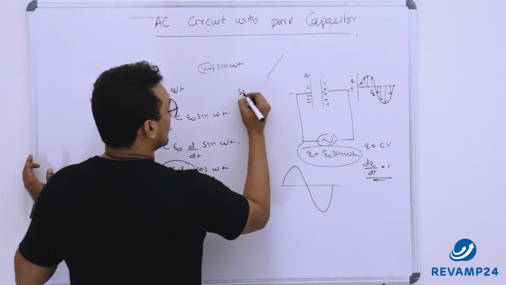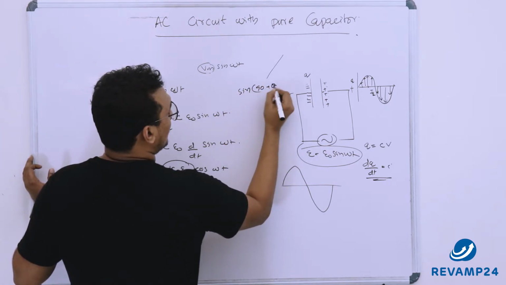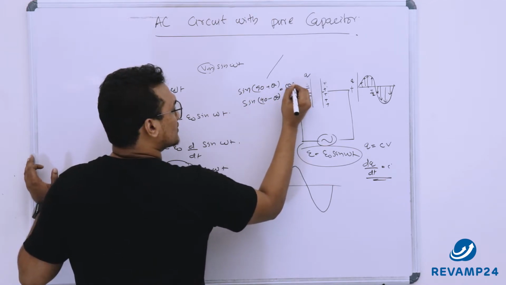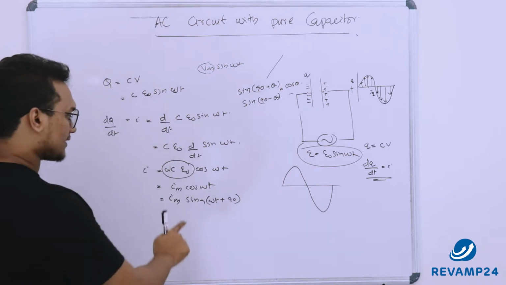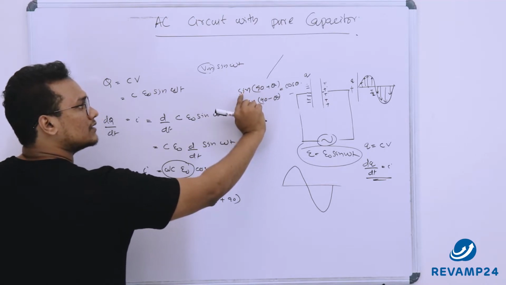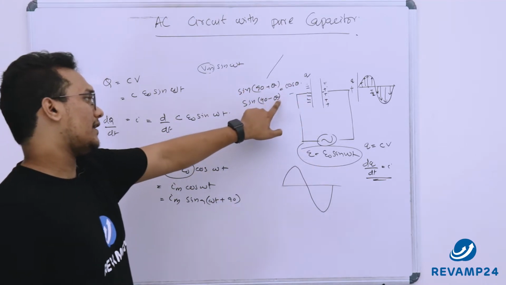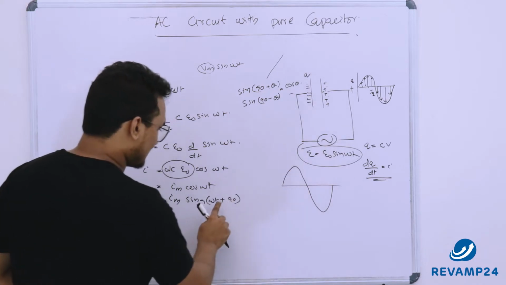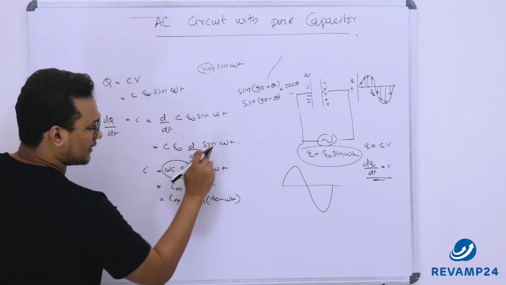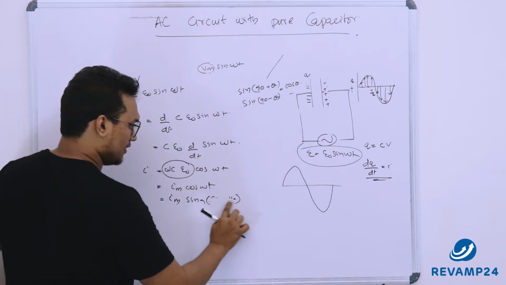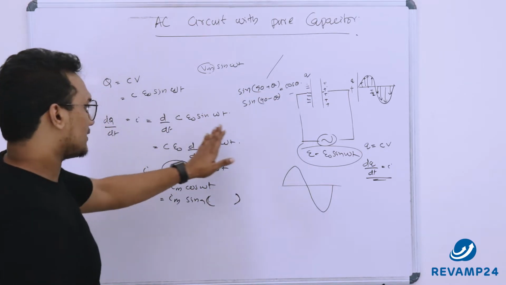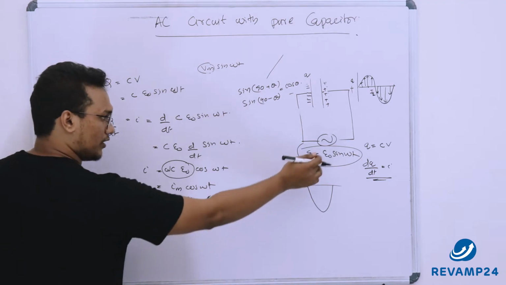See, sine(90 plus theta) and sine(90 minus theta) both are equal to cos theta. Either you can convert cos theta as sine(90 minus theta) or sine(90 plus theta). But if you keep minus theta, what will happen? Inside here this will be 90 minus omega t. So we can't compare. Here it is plus omega t, here it is minus omega t. So we will choose the one which is in a similar way as compared to the input signal or input